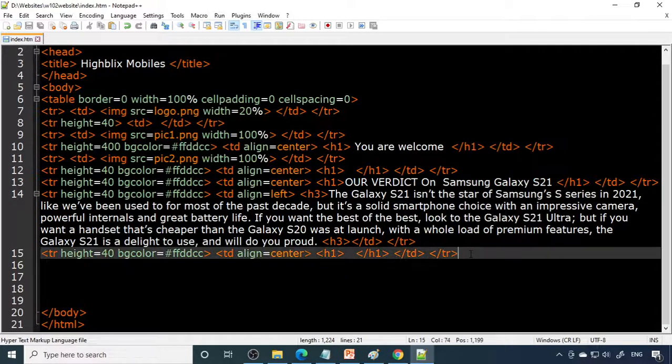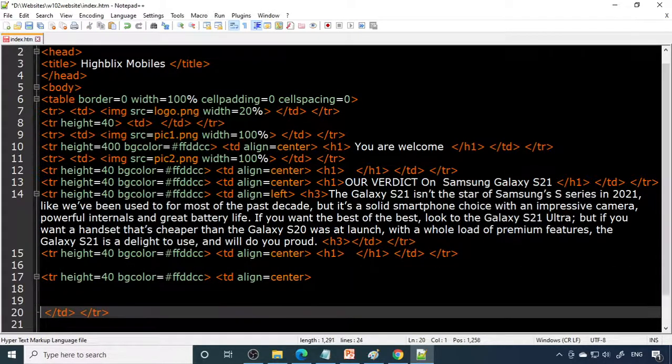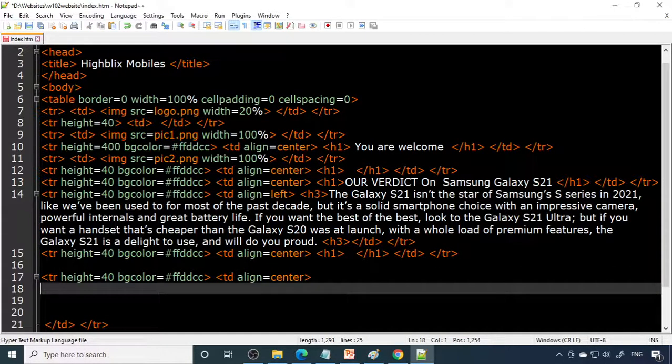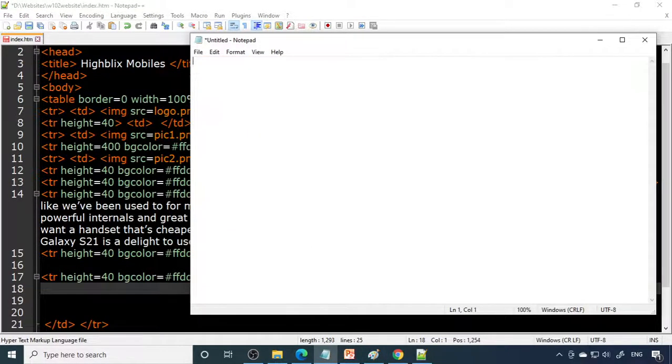Now we'll take one more tr, then paste it here. So here it has to come, inside the td. So now what you can do is we can copy this code and then paste it here.